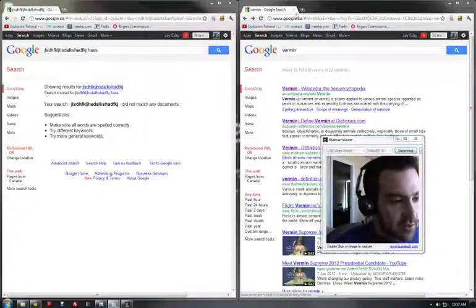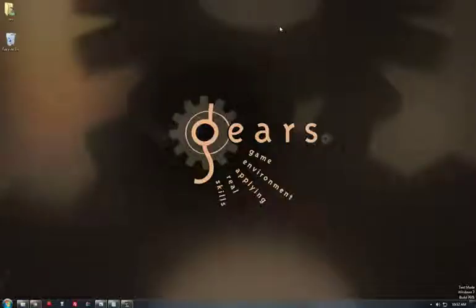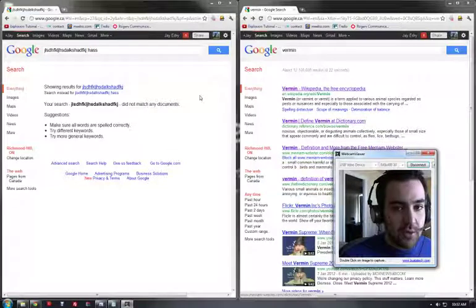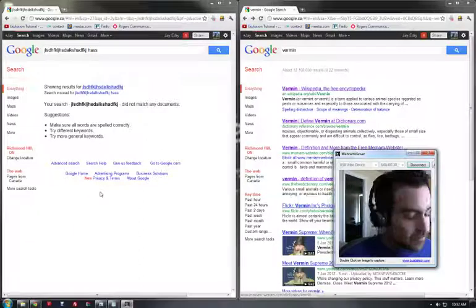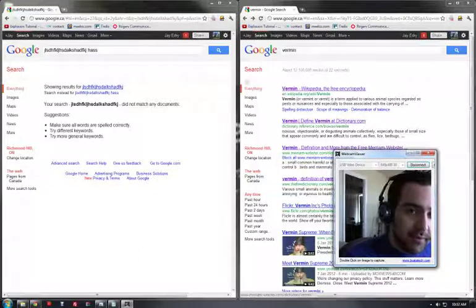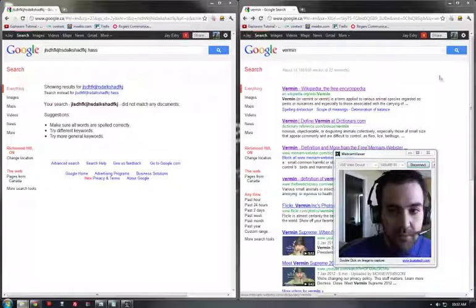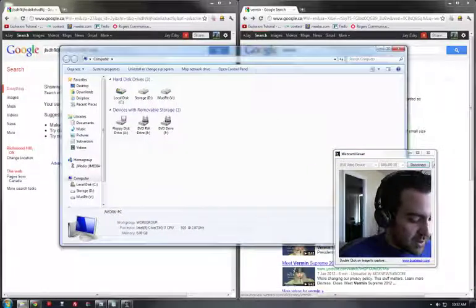Let's see what else. Okay, so let's hide all the windows. Let's say that you want to get to your my computer, because let's say you plugged in your USB device and you want to get to it and it didn't pop up, or it did pop up and you hit the X. You could hold the Windows key and press E, and that will. Oh, that was on my other screen, but let's try that again. Hold